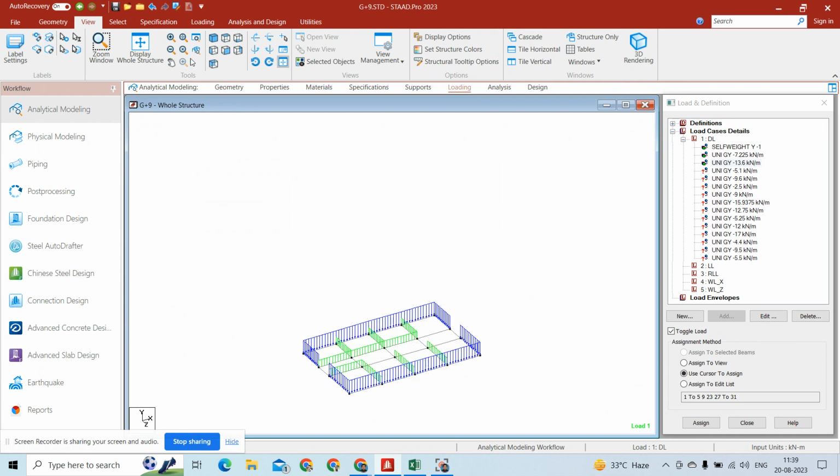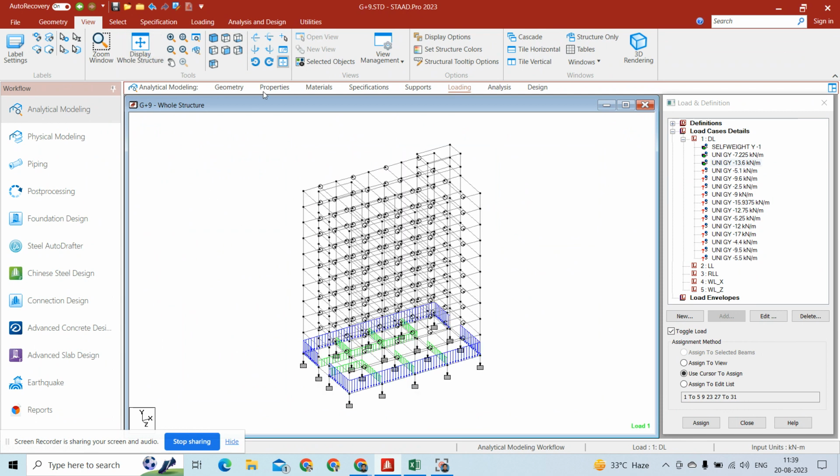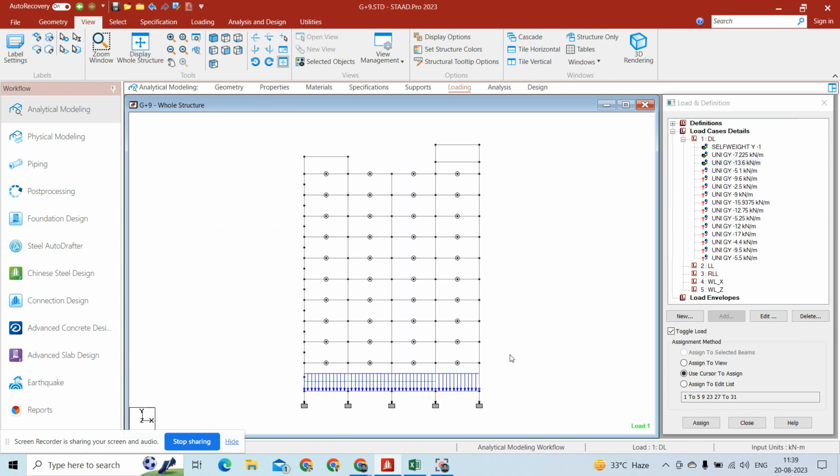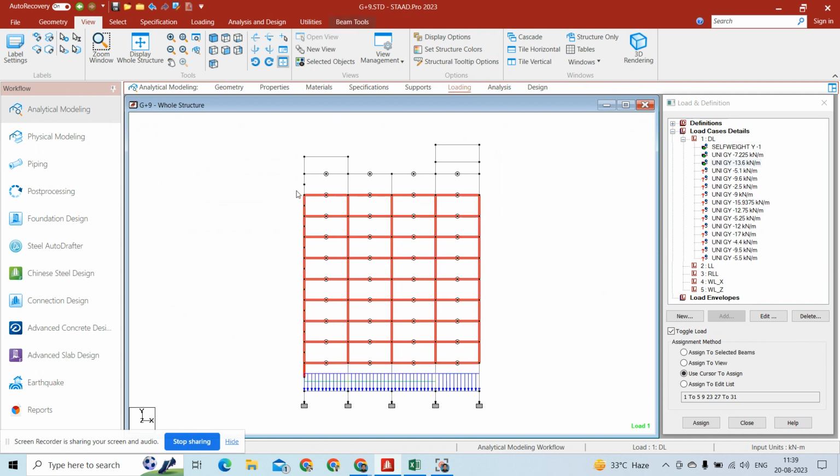Now I will assign the loads in other floors. For that case, I will select this floor, but you can see that I have not selected the roof level because here only the parapet wall load will come. So I will view selected object,